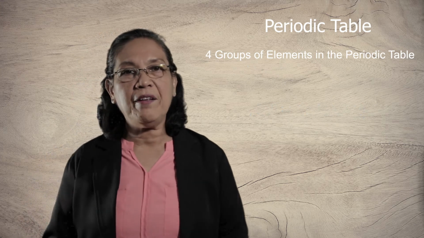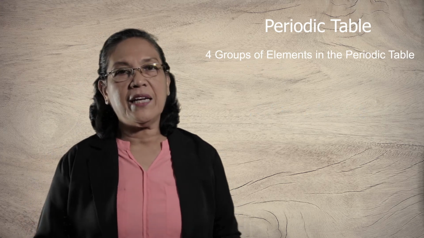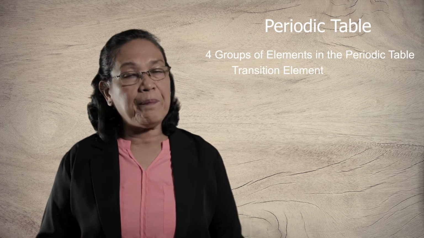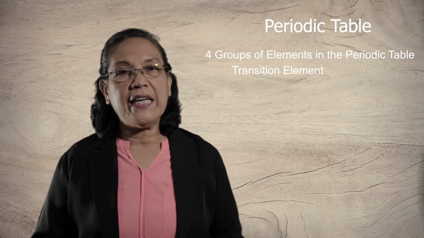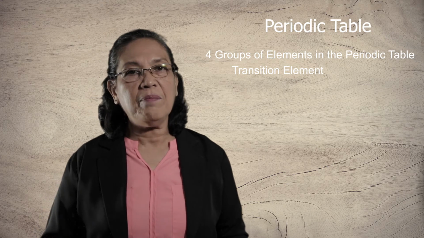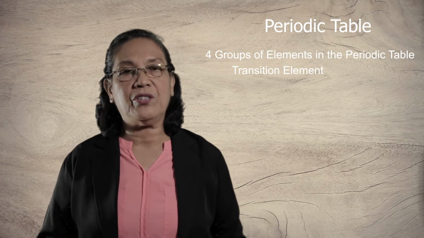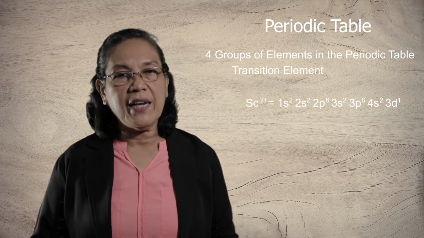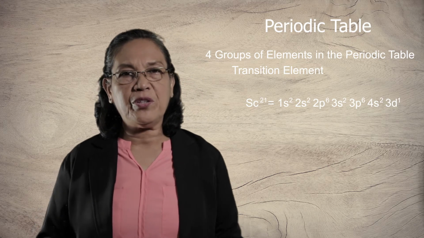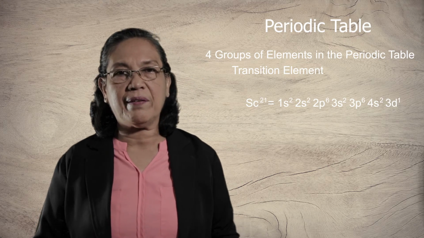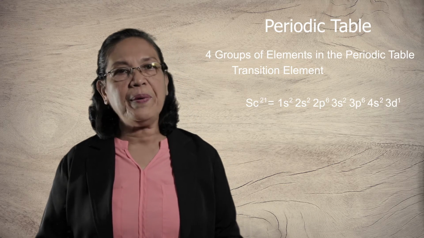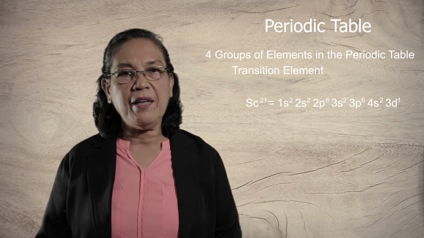The third group of elements in the periodic table is the transition elements. These transition elements fill up the d orbitals, and there are 2 energy levels which are incompletely filled up with electrons. For example, scandium, which has 21 electrons. If you distribute these electrons using the electronic configuration, then you have 1s2, 2s2, 2p6, 3s2, 3p6,